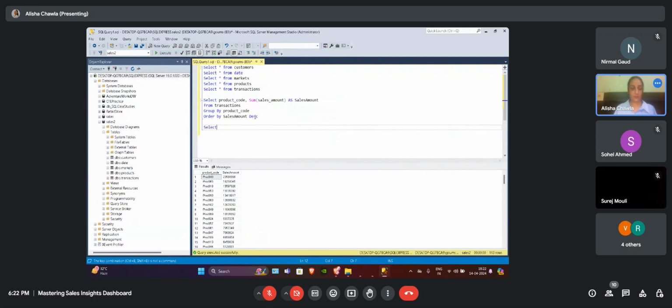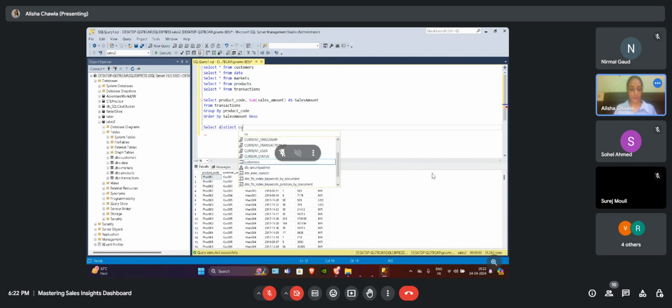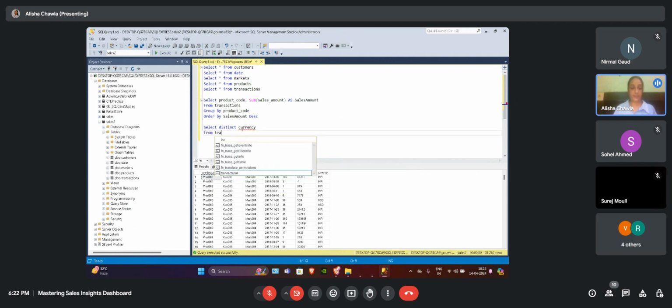So let's say we have the transactions table here and we have currency in INR and USD. We want to see select distinct currency from transactions.